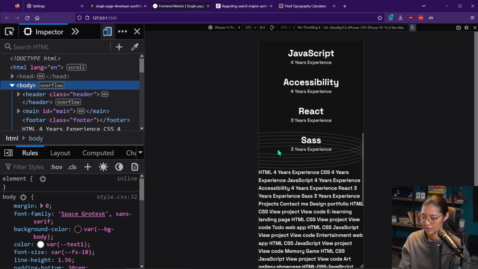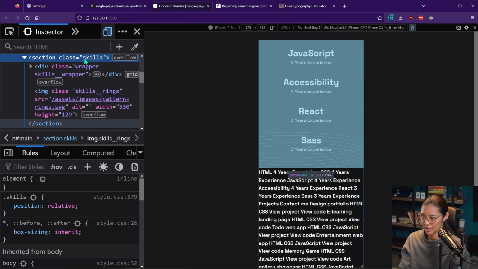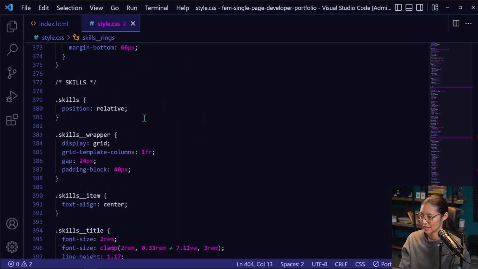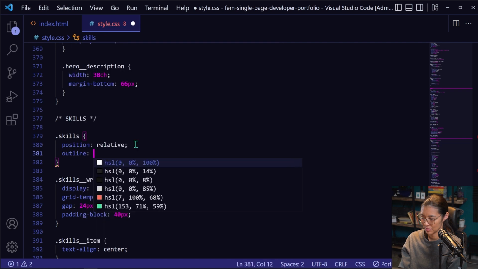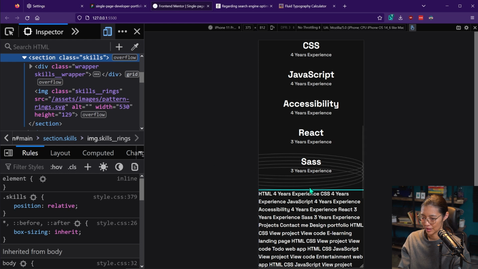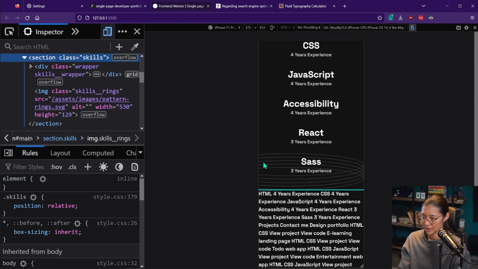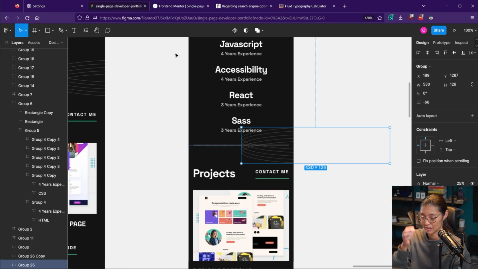So here we go. Not too bad. And the skills ends here. Just for the sake of testing, I'm just going to add an outline so you can see where it is. And then the left side is aligned in the center. So that actually might be interesting to position because